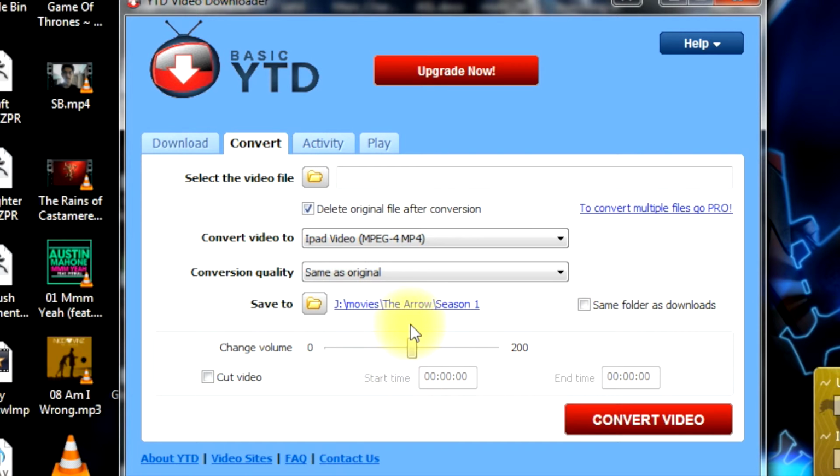I would also like to tell you that though you have the option to cut the video here, it is still more preferable to use some other proper video editing software for such a thing. If you want to take out something from the middle and still keep the end, you won't be able to do it in YTD without a lot of hard work.